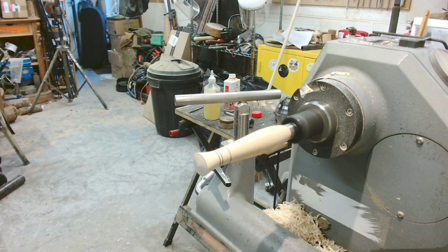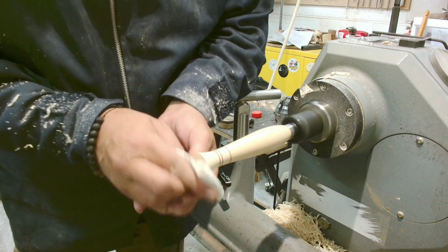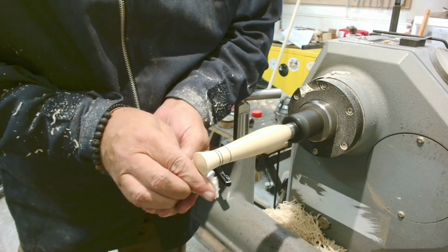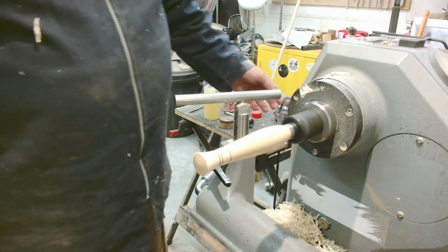And a final sand, and then the piece of paper that I used earlier still has a bit of friction polish on it. Just rub that on the end. Don't waste anything. It's a lovely finish. So the lathe,